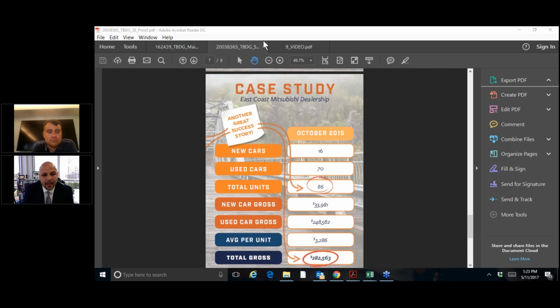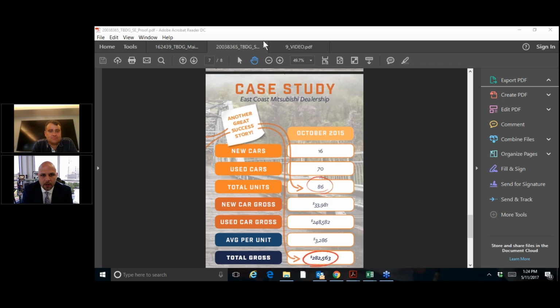And because of the market that we're in, a lot of the low-hanging fruit had already probably been taken by most of the competition that had been there before us in that area. So once again, we leveraged our expertise in subprime, and we were able to put together some pretty solid business. And everybody knows that a Mitsubishi... No, I shouldn't say everybody knows, but Mitsubishis historically have always been laughed about.